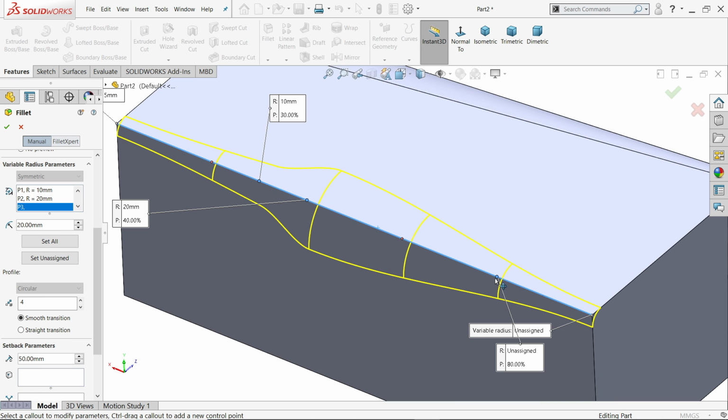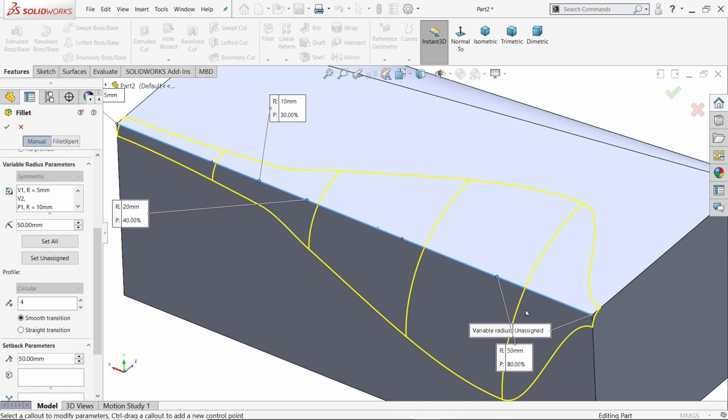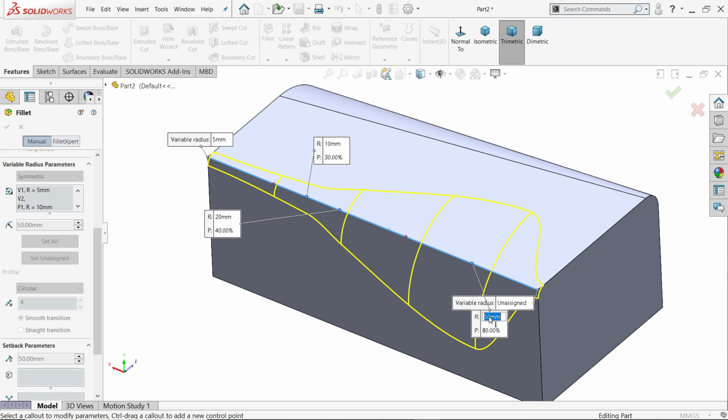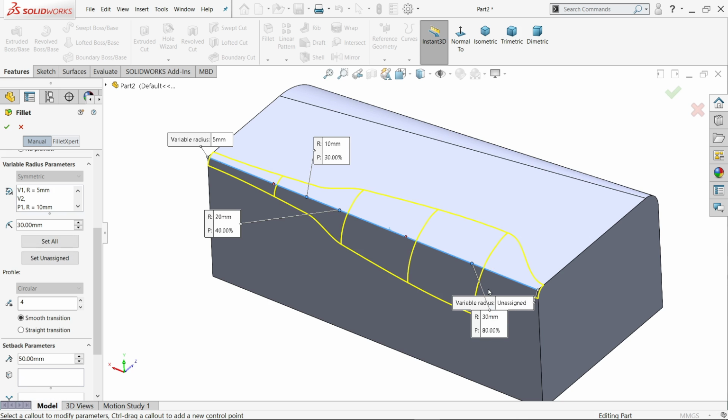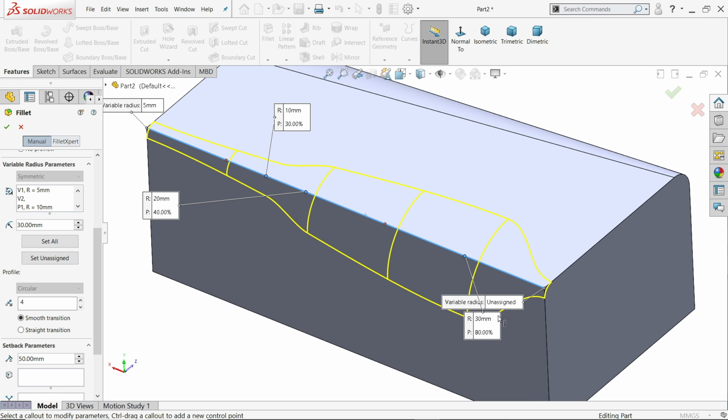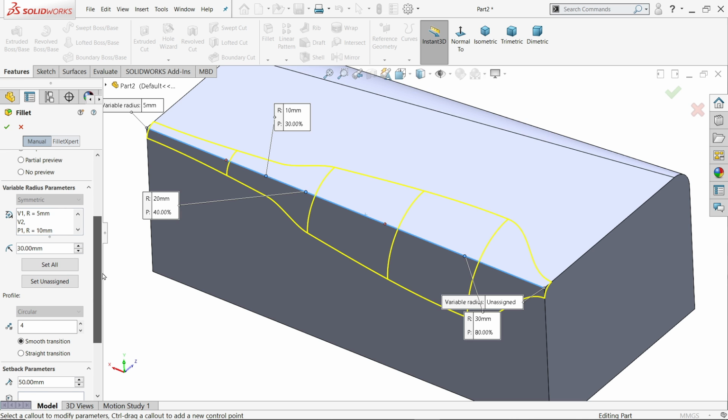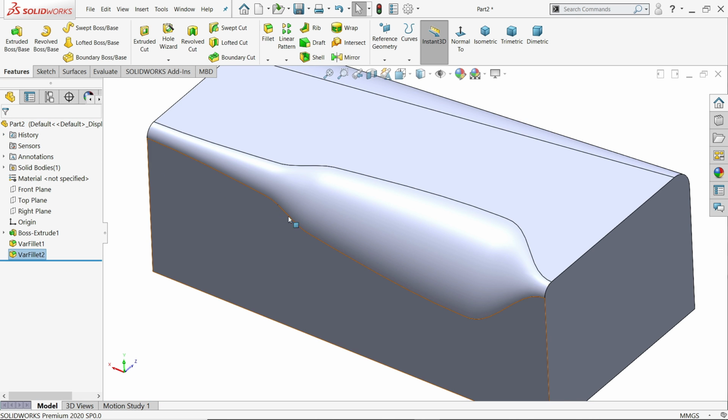If I click this one, 40% assigned here, let's say 20. If you set this one, assign 50, let's assign 30, so it looks better. That's it. So this is how you can set your instances. If I say okay, see,